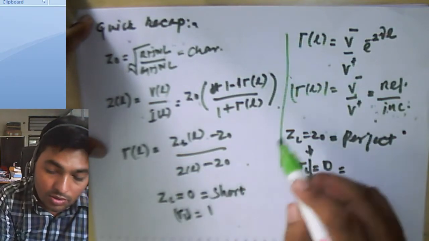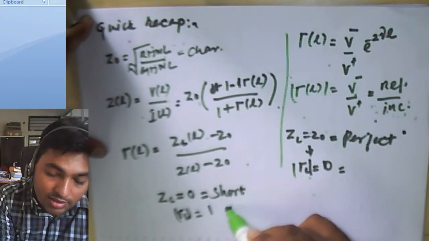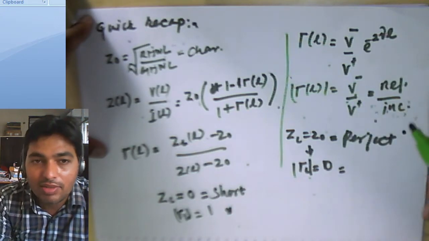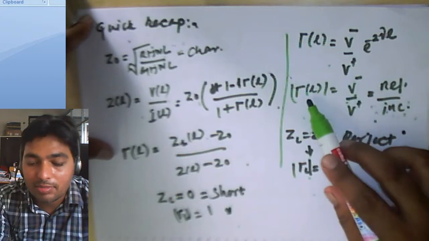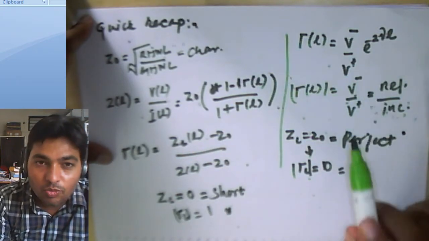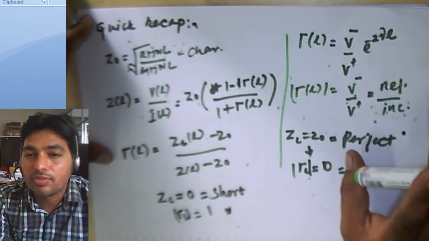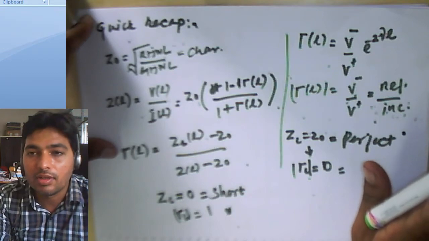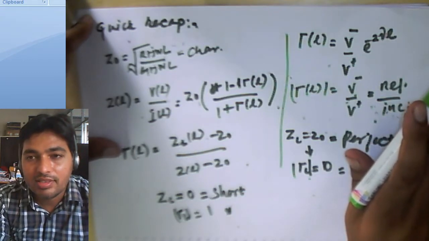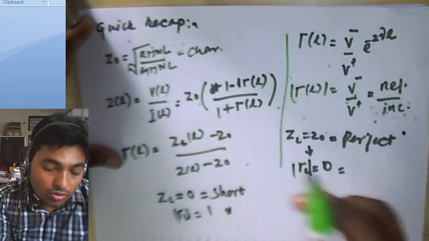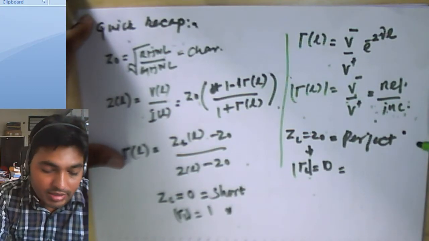It means this reflection coefficient will be equal to 1 whenever V minus divided by V plus, these two are equal. So it represents that whatever we are feeding at the input of a transmission line, everything will be reflected back and nothing is delivered to the load. So no power transfer is taking place, everything is reflected back. So it is not at all desirable.